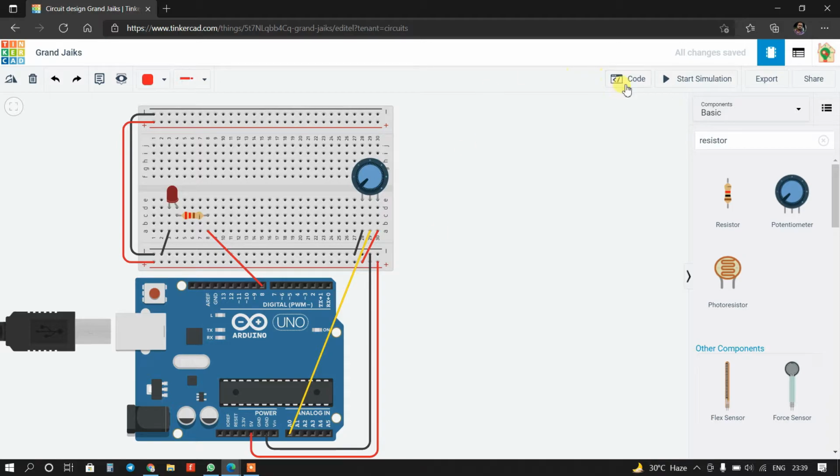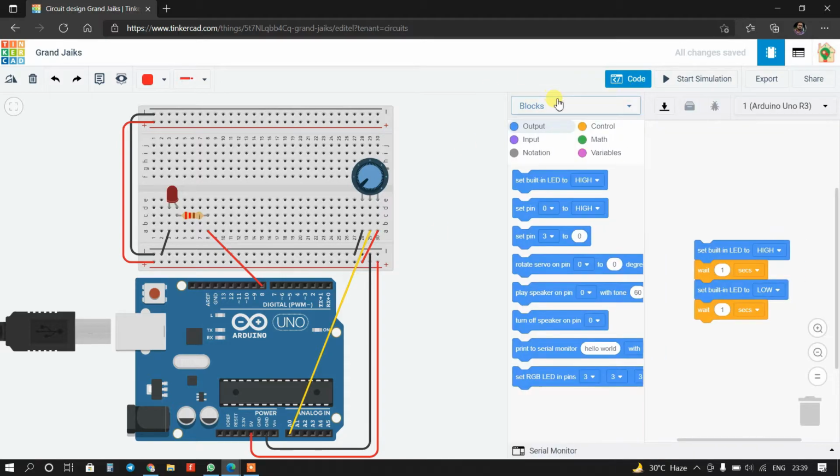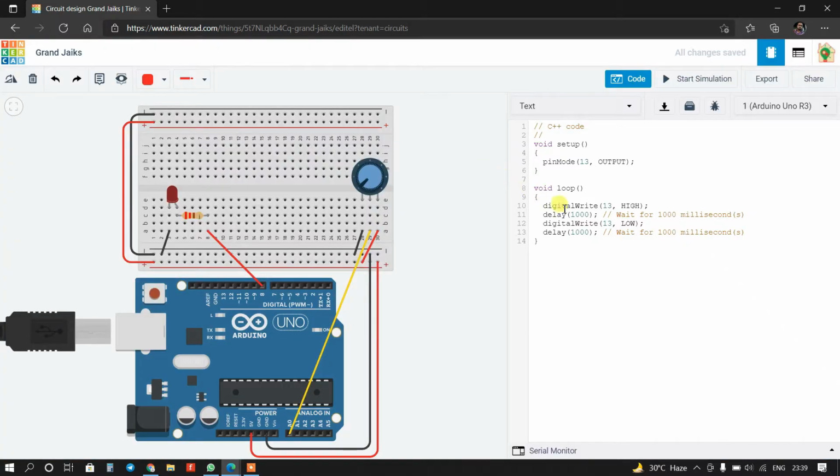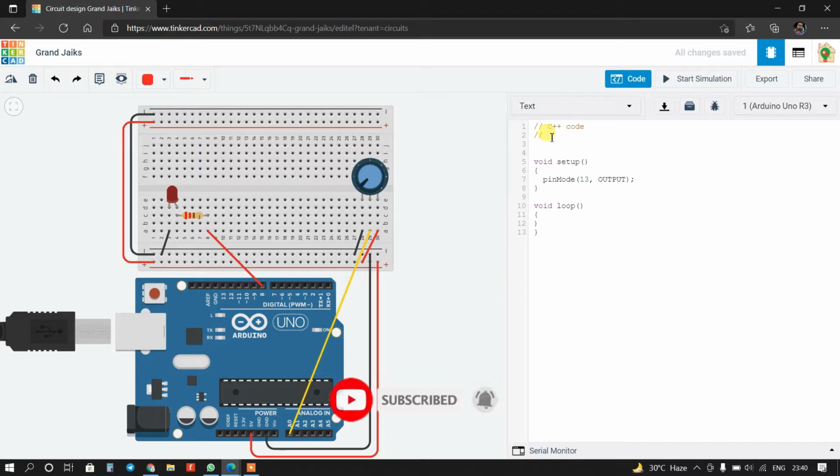Now I will start programming. So just I will open here code, go to text, continue, and here I will remove this. Simply I will define here 8 pin. So #define LED connected to 8 number. Okay, and remove this. We no need to type anything in void setup function.